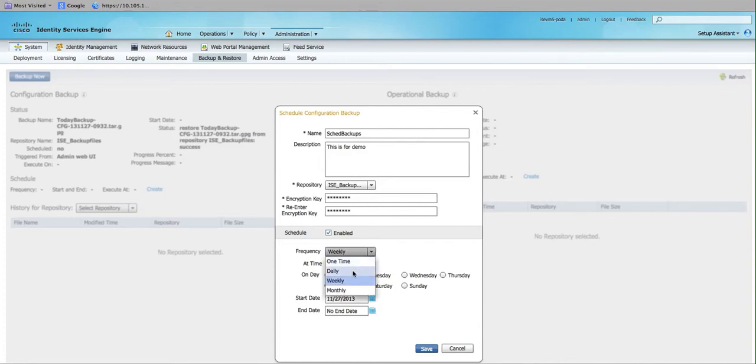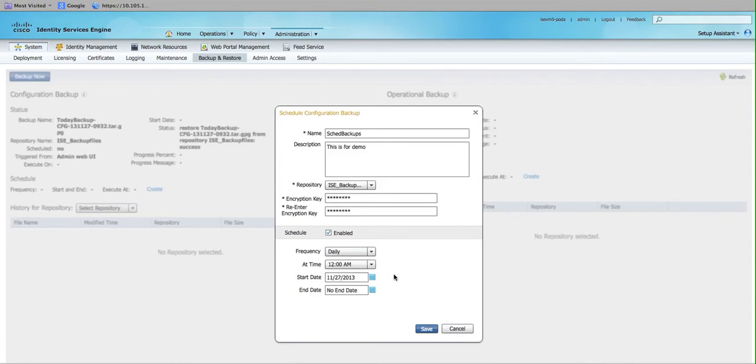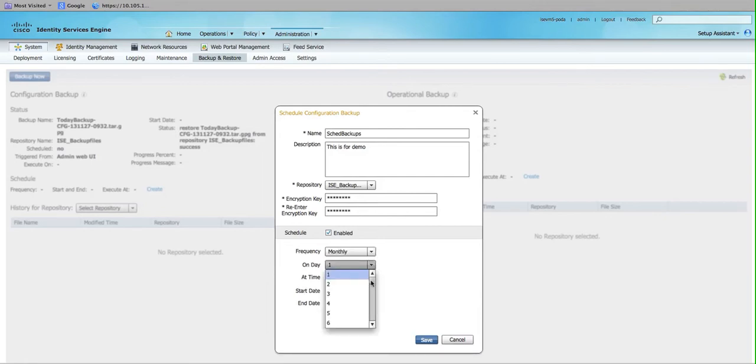And if you select daily, it will display at what point of time daily you need the backup. And if you say monthly, it will display accordingly, like on which day of the month you need to back it up, and at what time, and what is the start date and the end date. So if I say on day 1st of a month at 12 a.m. and if I click on save,